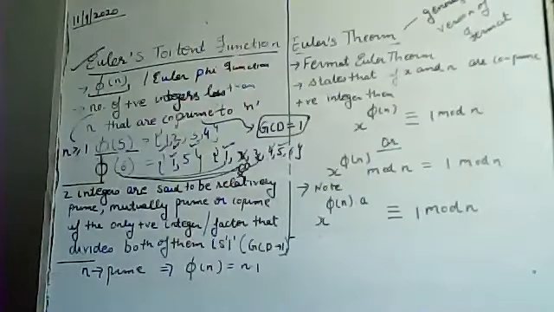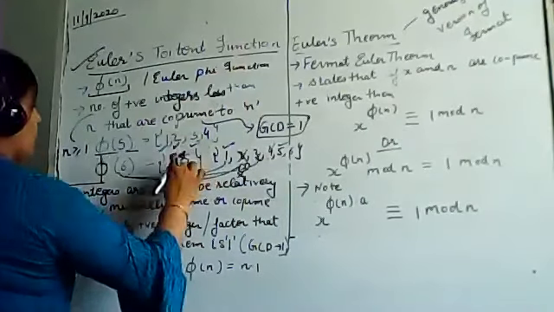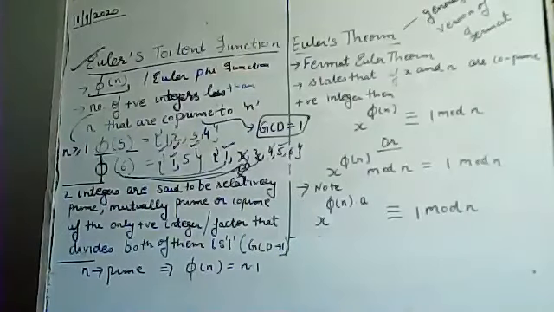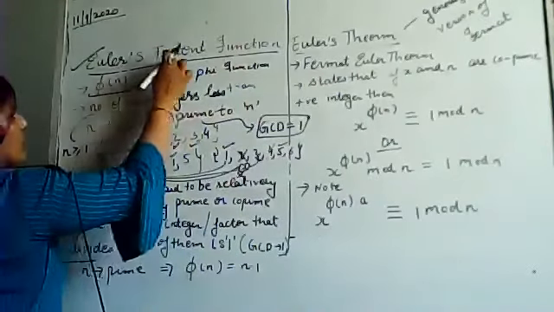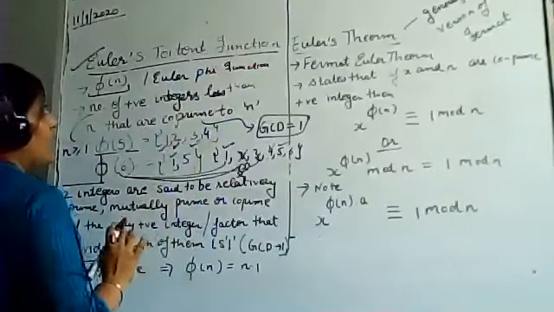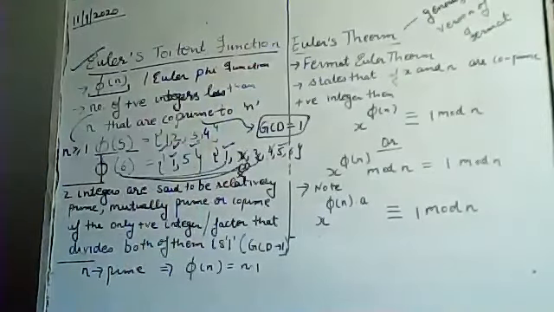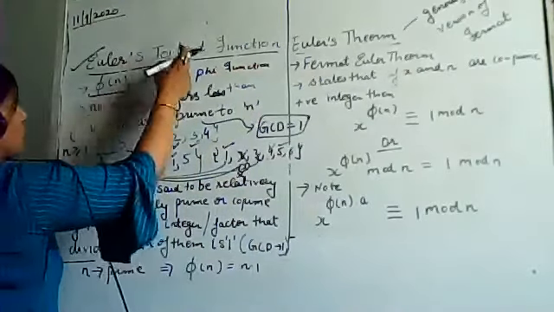Clear? So finally, we will include this 5, and again for 6, the GCD of both these numbers is not the same, so we will not include that particular number. Clear? So this is how we can define Euler's totient function, that will include all those sets of numbers. Now what will be the answer for this Euler totient function?